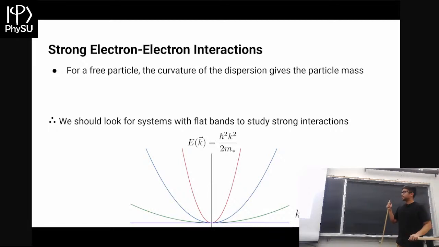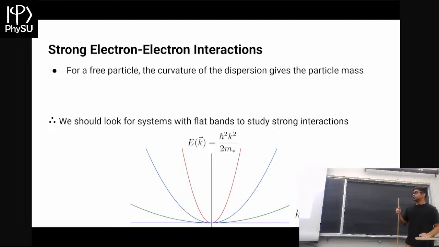I want to start off with a more intuitive situation before we go to the full picture. So let's say we consider a free particle, right? There's no potential. We have this dispersion here, so energy is p squared over 2m again, but this particle can have some mass, m star, right? It doesn't have to be an electron. But for each value of the mass, we'll get a different curve. So going from the red to the blue to the green, this is increasing mass, so the curvature actually gets lower and lower. It turns out that once we increase the mass a lot and it gets very heavy, we'll end up at this purple curve here where it's completely flat. So that corresponds to infinite mass of this particle.